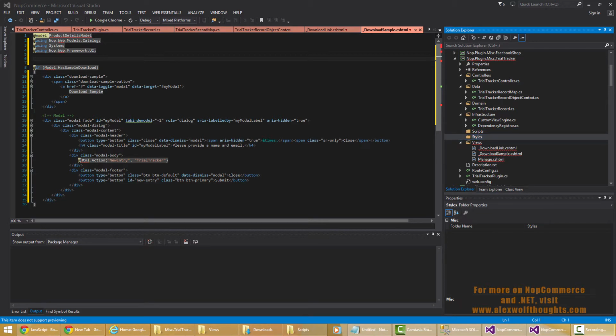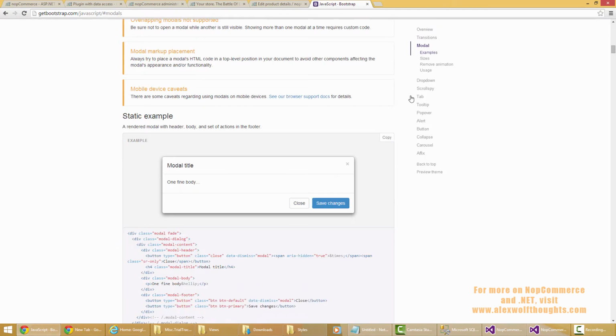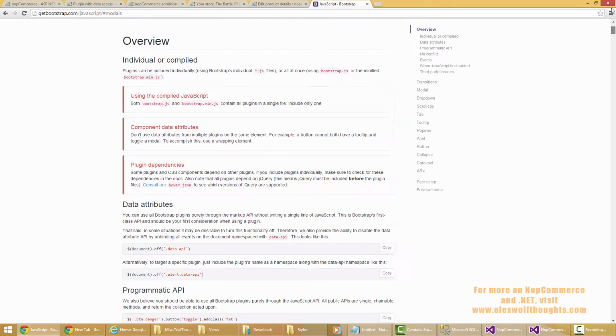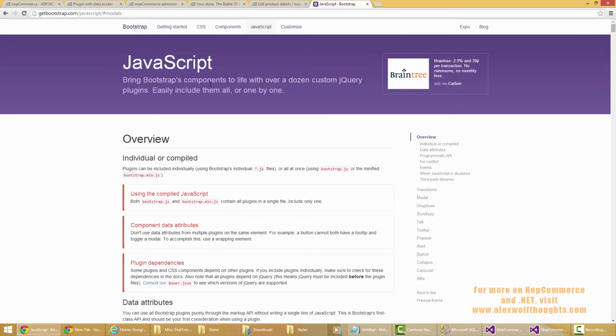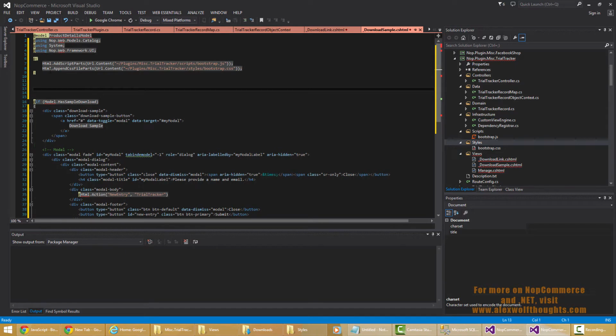And over on my other screen, I'm just going to copy the bootstrap.js as well as bootstrap.css. I just got these from the Bootstrap site. If you just download the generic Bootstrap package, there will be those files in there. So after those are added to your project, we're just going to use a Nop helper that I just pasted